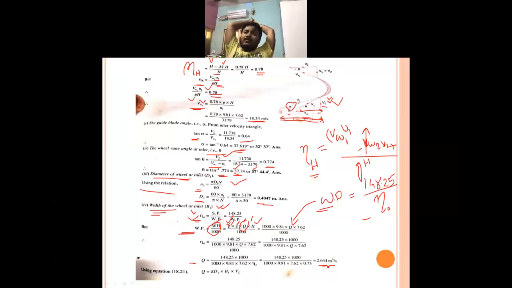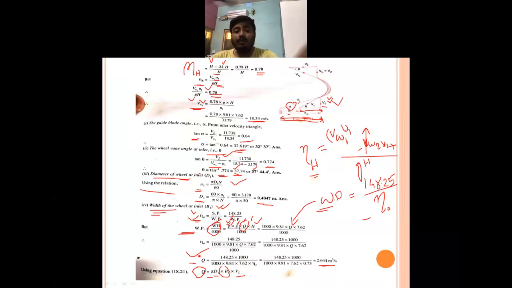Now you can ask me one question, sir, why are you finding Q? In the question, it is not given to find the value of Q, but why am I still finding Q? Because we have to find the width, and the only formula we know for the Francis turbine is pi D1 B1 into VF1. This is your discharge formula. So we know the value of pi, we know the value of D1, we know the value of VF1. So which are unknown? Q and B1. Both of these are unknown. Q we have now found, that is why we found Q. So what is the value of Q? We have found it.